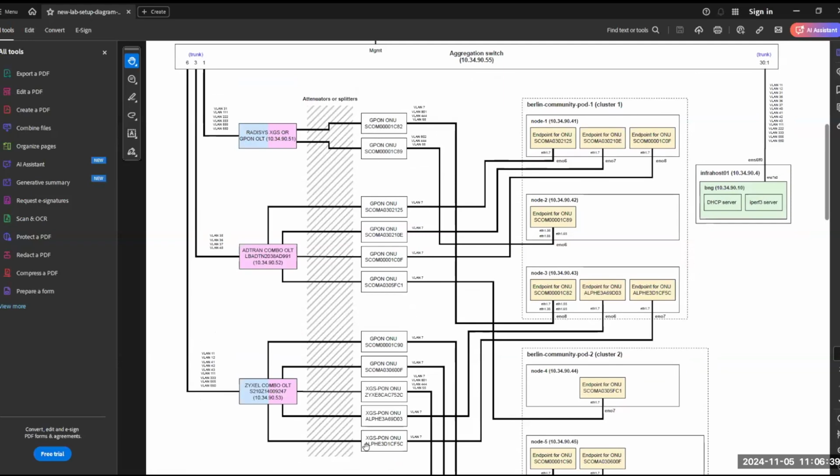For example, here we have if it's GPON or XGS-PON, we have reused some of them as they were. There was no need to change them. This is the intended status. On Thursday we'll be there, recabling everything. So regarding the first, as you mentioned, let's use this one as GPON. The Radisys is in GPON mode with the GPON ONUs, and this one in XGS-PON.